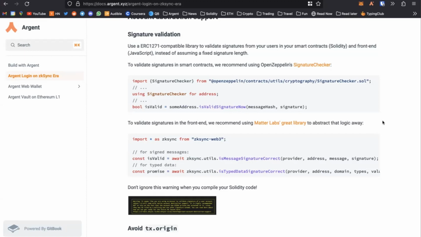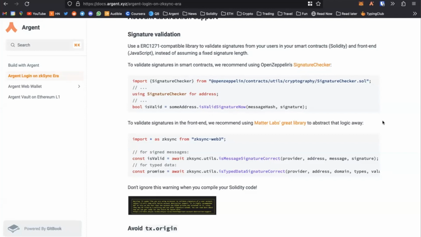But as we said, accounts could define their own logic for validating a transaction. So what you have to do instead is call a method on the account. This method is defined in ERC-1271, and you call this isValidSignature to know if a message is correct.